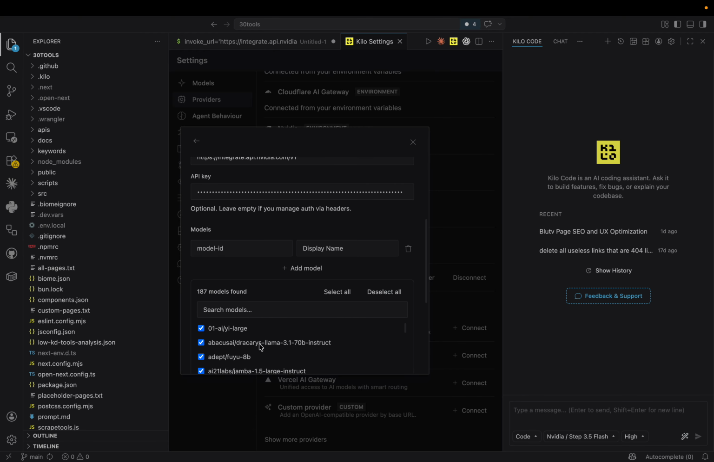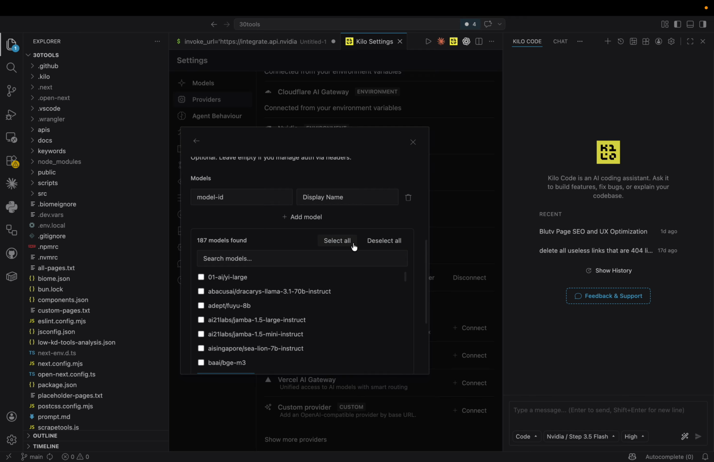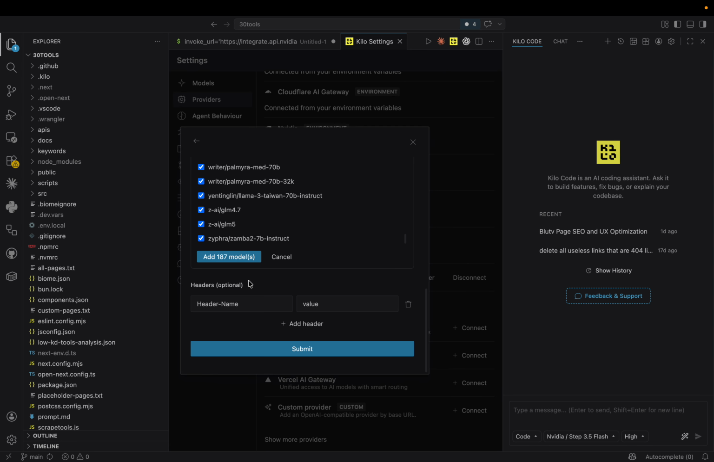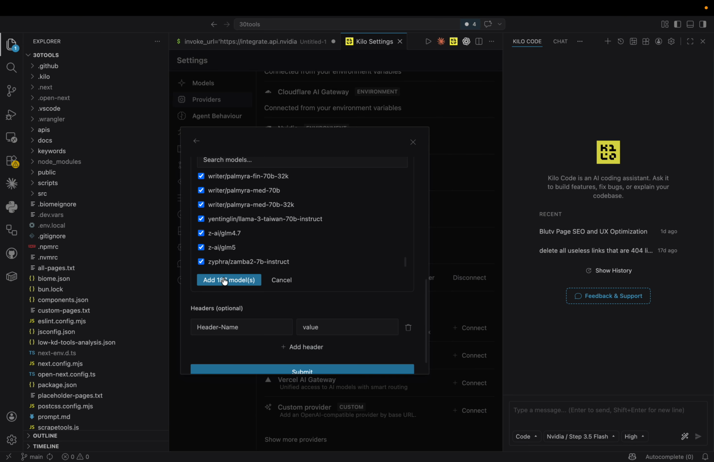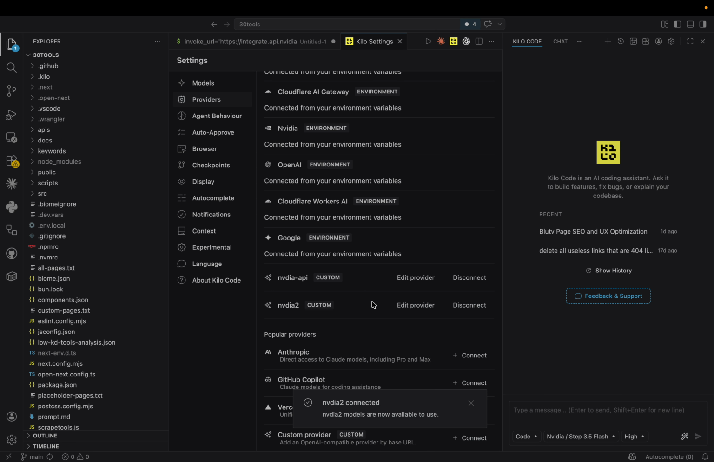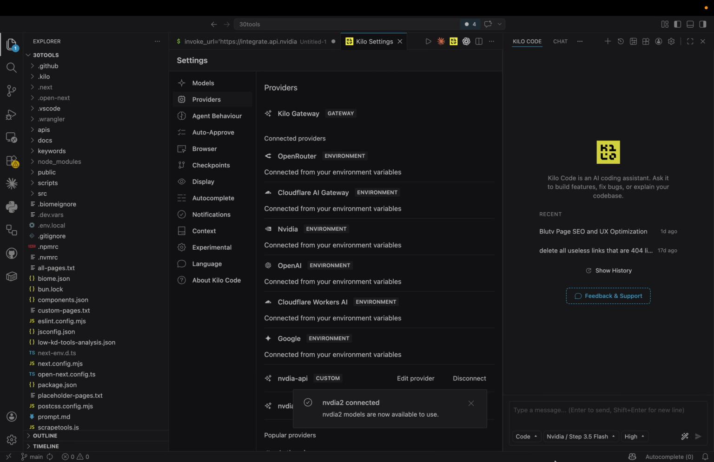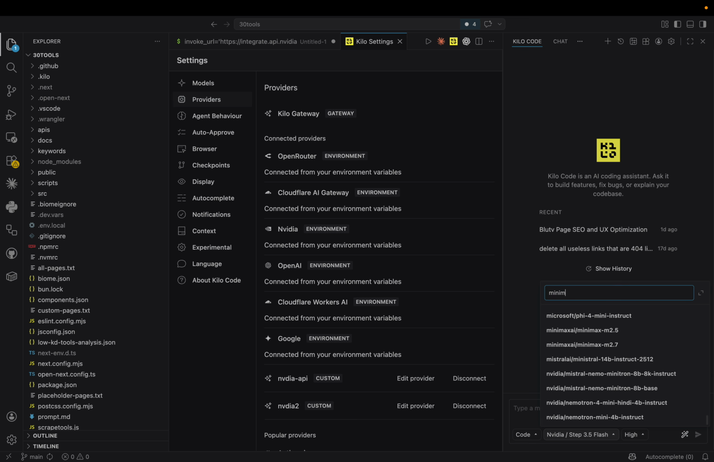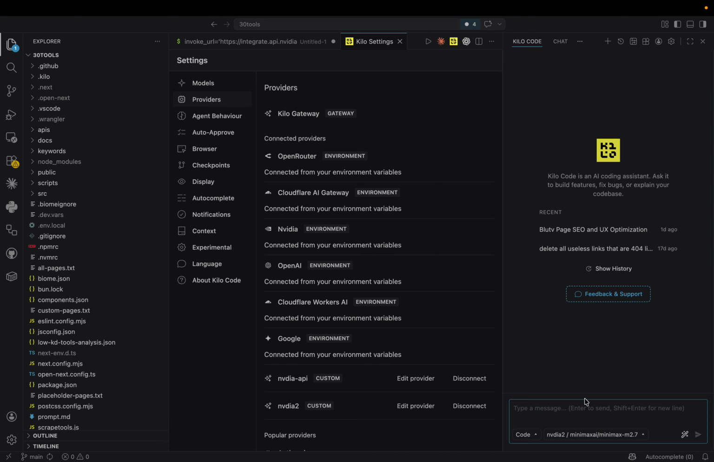and it will automatically fetch all the models. You just have to select all, and if you want to select only specific models, you can select those, add models, and click on submit. Now let's come here and search for MiniMax NVIDIA 2. We have added this, and this has been added. Let's select this 2.7,